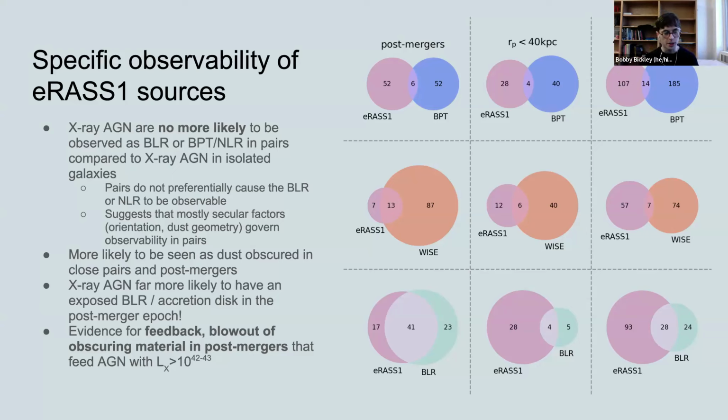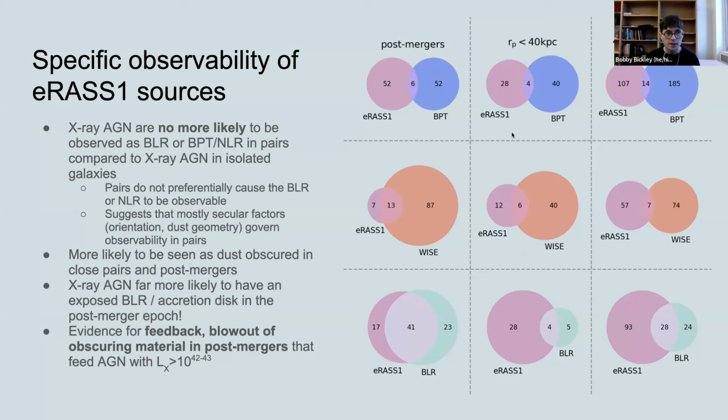So we conduct this analysis, and we do this in the way that I have it set up currently in 3 bins of interaction stage. So I have better separated pairs with projected separations between 40 and 120 kiloparsecs, close galaxy pairs with separations below 40 kiloparsecs, and once again, this post-merger sample that I identified in DECaLS. And there are some interesting trends that fall out of this, and we're still working on the best way to present these trends. But for now, I'll share this with you, which is that